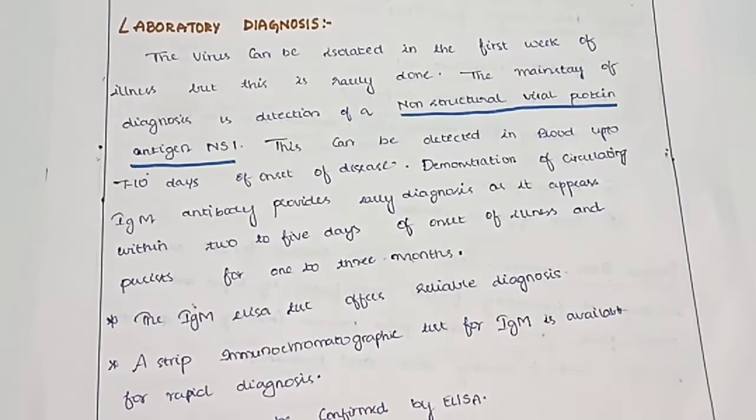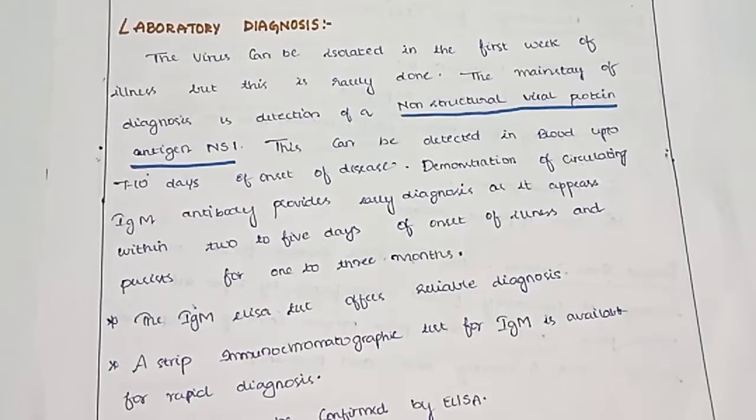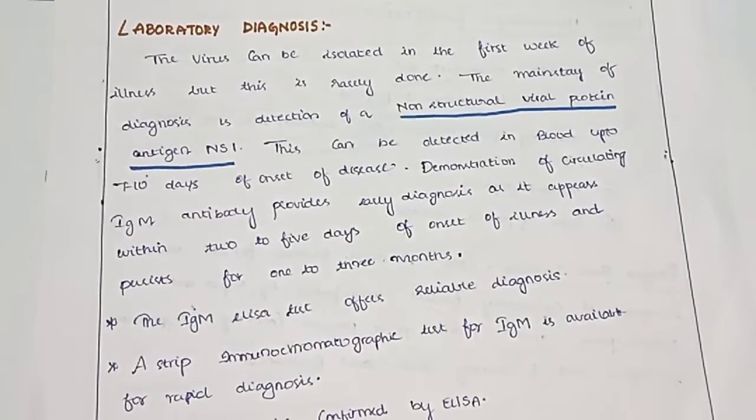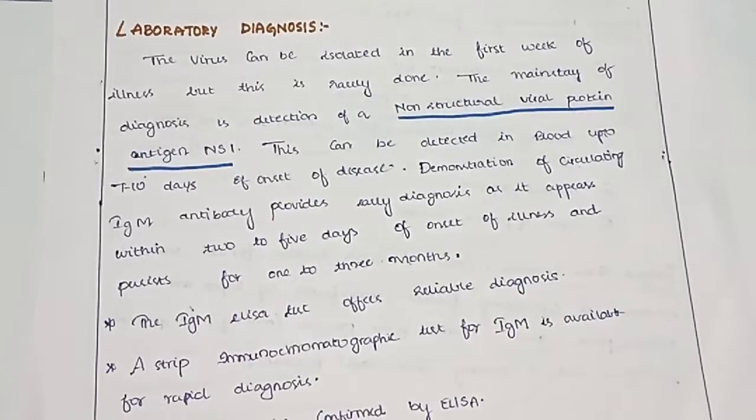Laboratory diagnosis. The virus can be isolated in the first week of illness, but this is rarely done. The mainstay of diagnosis is detection of non-structural viral protein antigen NS1. This can be detected in blood up to 7 to 10 days of onset of disease. Demonstration of circulating IgM antibody provides early diagnosis as it appears within 2 to 5 days of onset of illness